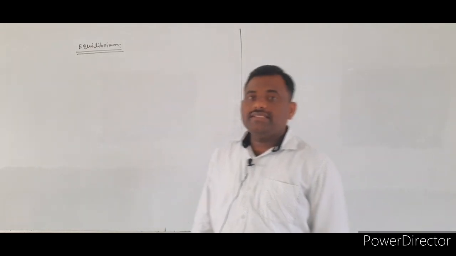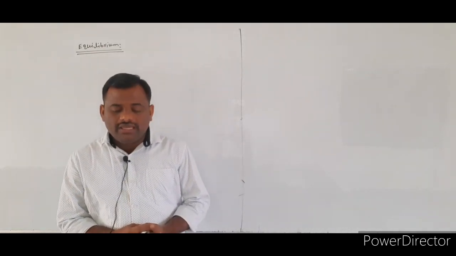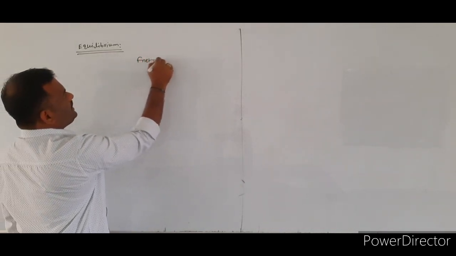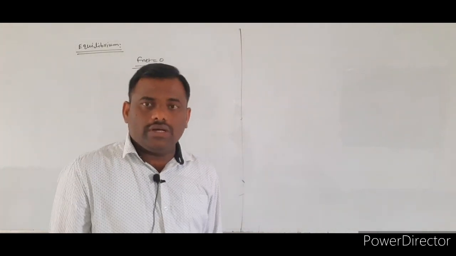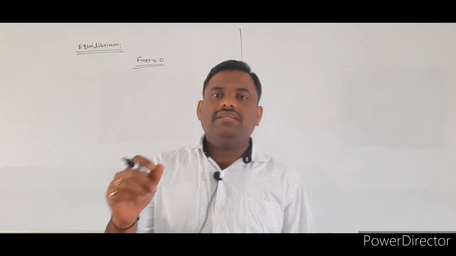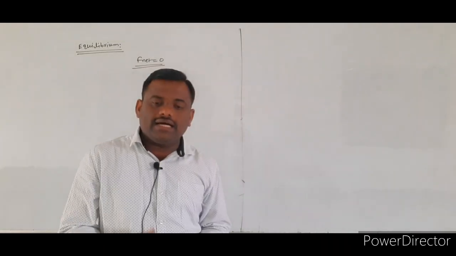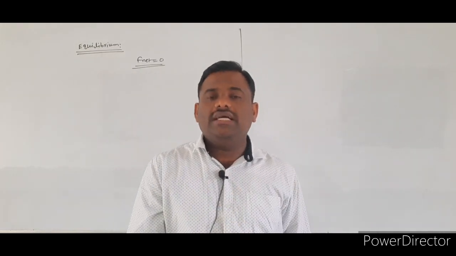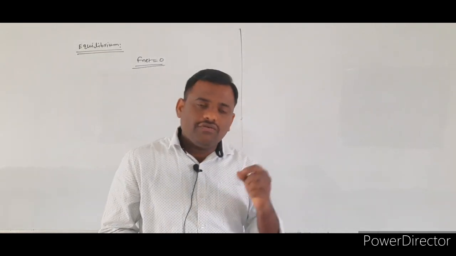The next concept is equilibrium. When we say an object is in equilibrium, it means that the net force acting over the given object is equal to 0, then we say the object is in the state of equilibrium. So what is the net force? If you consider the object placed in a two-dimensional plane, then over that object some forces will be acting along the x-axis as well as some forces along the y-axis.